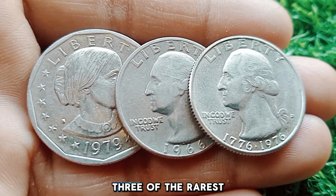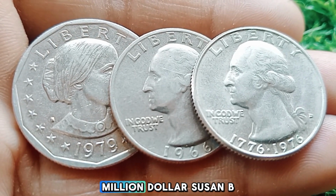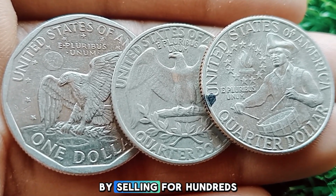Get ready to uncover 3 of the rarest U.S. coins that could be hiding in your pocket change. From the ultra-rare Washington Quarter to the $1 million Susan B. Anthony dollar and the Bicentennial Quarter worth a fortune, these coins have shocked collectors by selling for hundreds of thousands